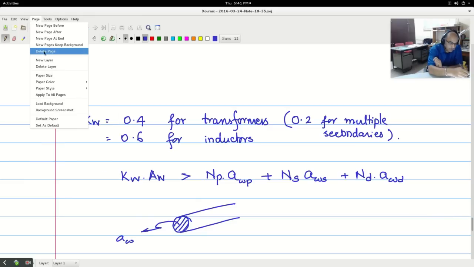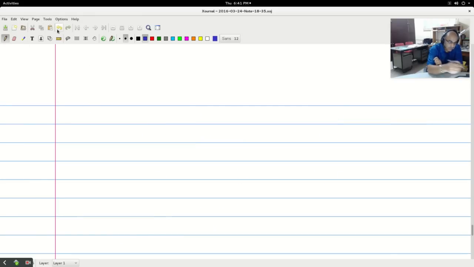Now, let us say, for example, we know the RMS value of current that should flow through each of the windings. The RMS value of current flowing through the primary, we know that. From the electrical perspective, the RMS value of the current flowing through the secondary is known. The RMS value of the current flowing through the demagnetizing winding. So if you know that, then